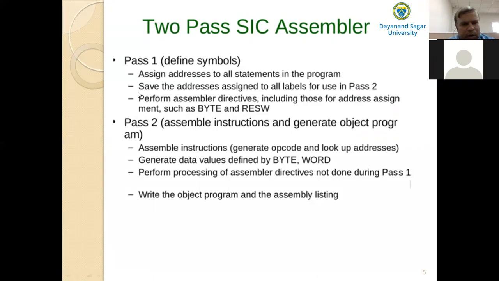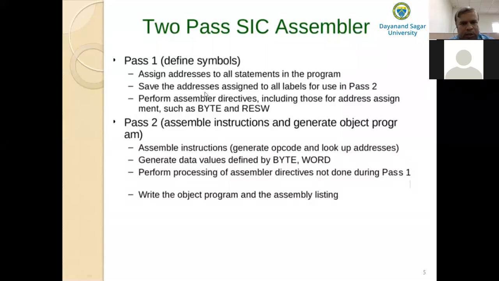This has been described in detail here. In pass 1, we assign addresses to all the statements in the program, that is, each instruction, and we save the addresses assigned to all the labels for use in pass 2, because in pass 2 we actually translate the source program into object code.